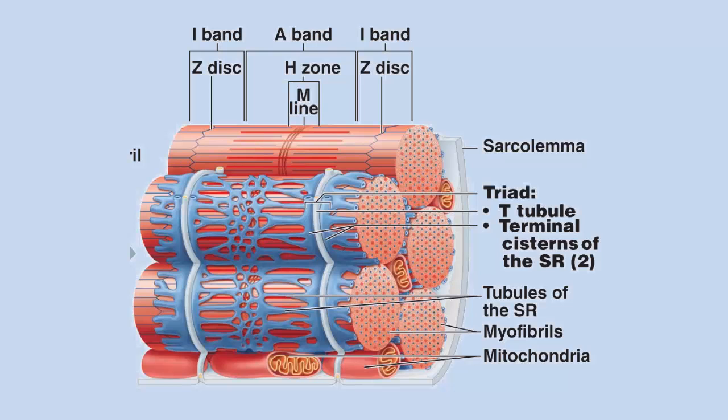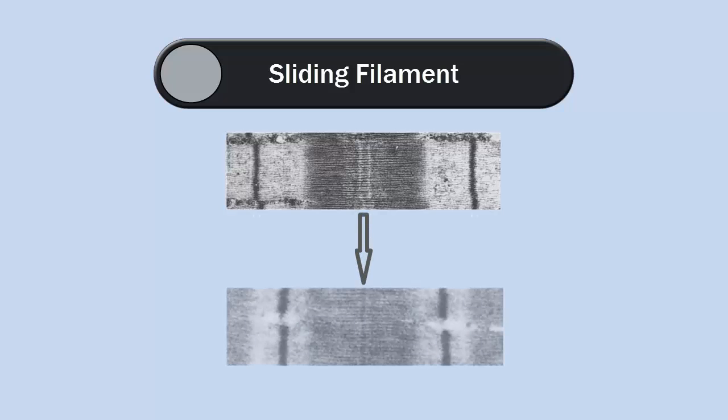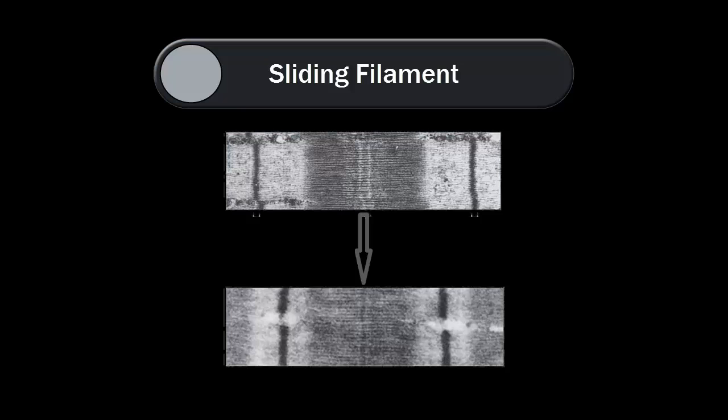We have now set the stage for our discussion of the sliding filament model of muscle contraction. All we need to do is throw in some acetylcholine, calcium ions, and ATP, and we have a good recipe for some muscle contraction. But you will have to wait for that. We will discuss it in class, so please read that section to prepare you for our